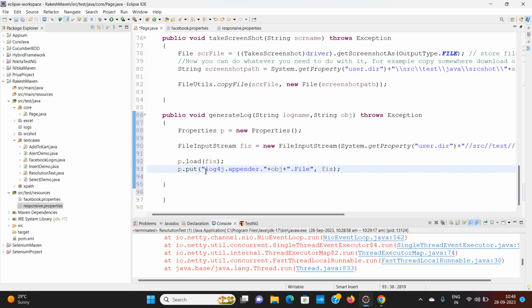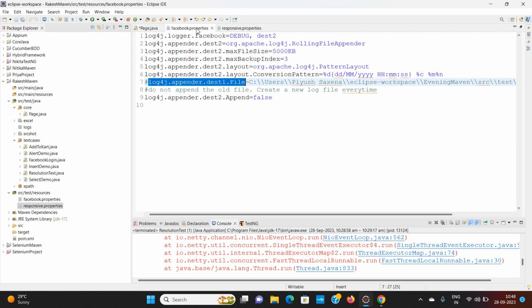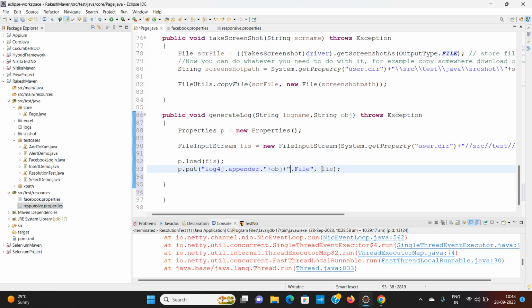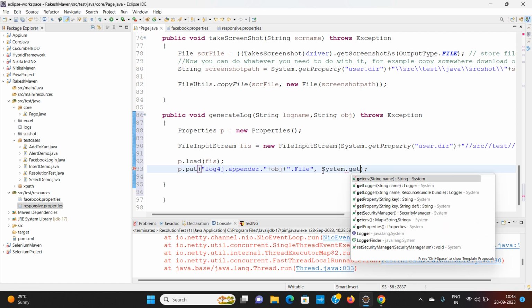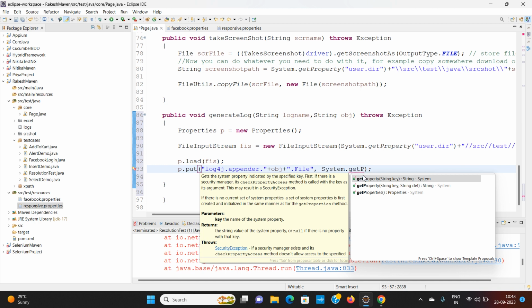So it is key, log4j.appender.whatever the object is, .file, here see, .file, and the value is equal to value. So in value, again I will write where to make the log file, System.getProperty